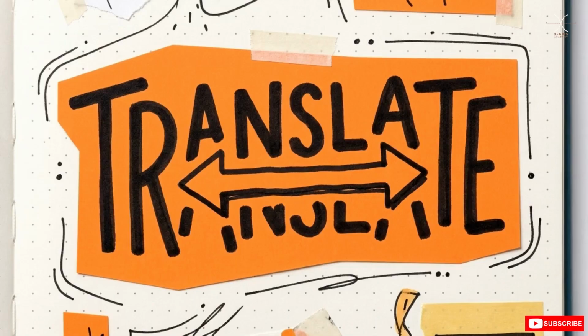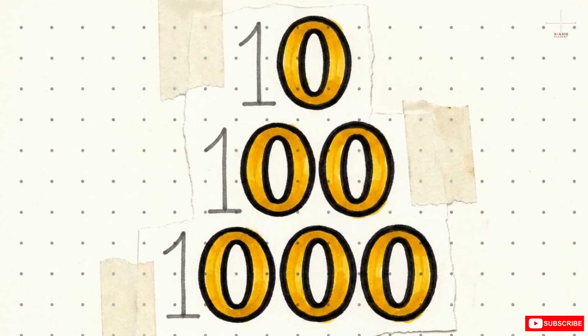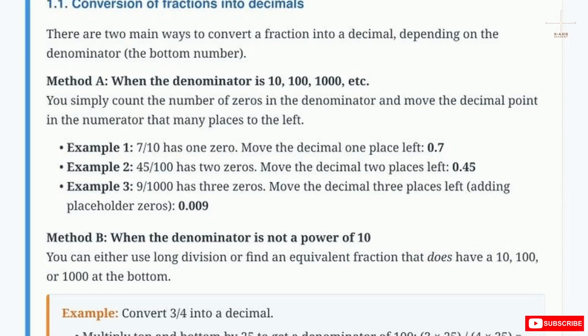Translating values between fractions and decimals starts with a straightforward rule. If your fraction already has a denominator of 10, 100, or 1,000, conversion is just a matter of counting zeros. Count the zeros at the bottom and move the decimal point in the top number that many places left. 7/10 means shifting one space to get 0.7. 3 zeros in 9,000ths means shifting 3 spaces, yielding